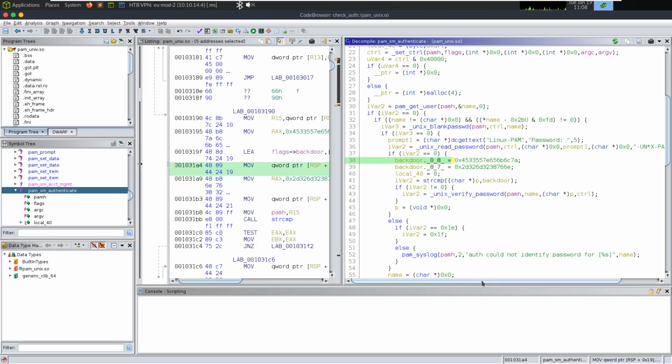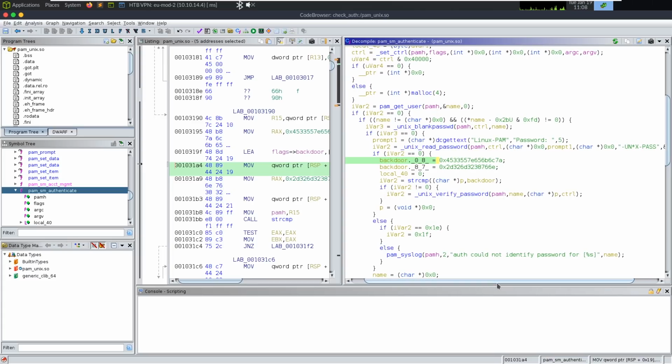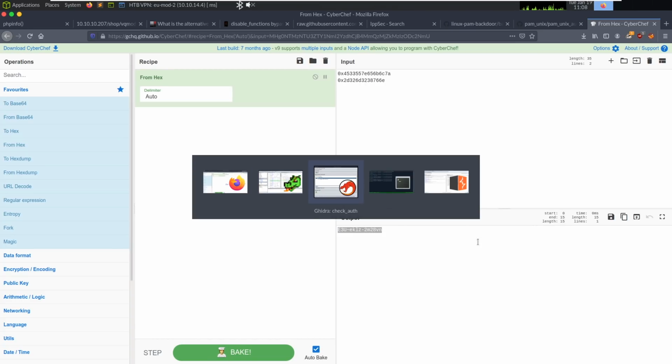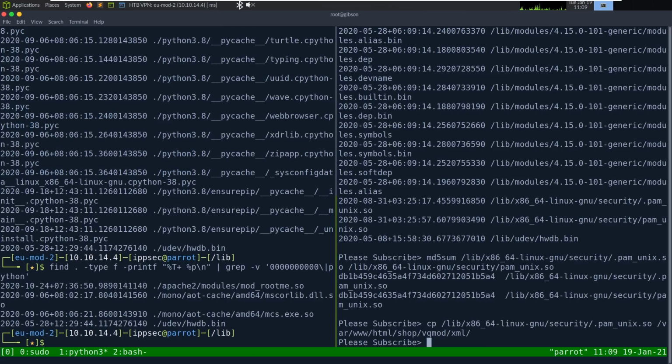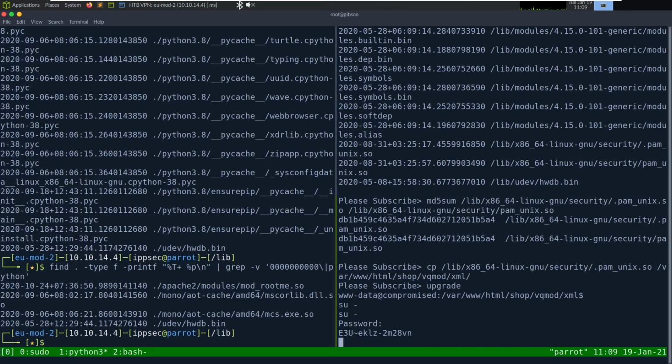I think it's just adding these 2 values together. So let's go from hex and try logging in. So where's my shell? Let's go to Python. I'm going to type upgrade, which is going to do the PTY upgrade for me. And if I do su dash, paste in the password,